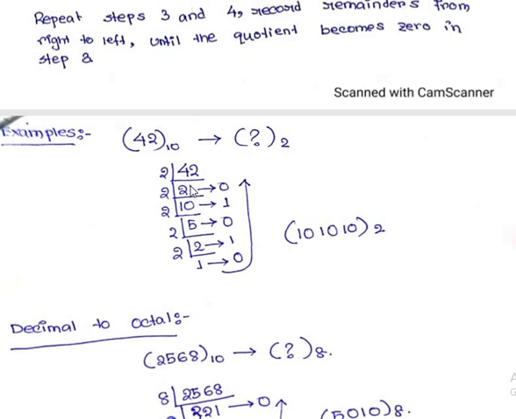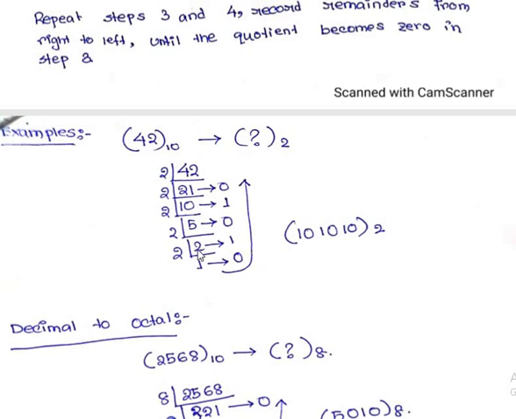So here I have taken 42. I have divided the number by 2. 21 into 2 will give you 42, so the remainder is 0. Now again divide 21 by 2. That will give you 10, since 2 into 10 will give you 20, so the remainder will be 1. Now dividing 10 by 2 will give you 5, so the remainder will be 0. Now dividing 5 by 2 will give you result as 2 and remainder as 1. Again I will divide 2 by 2. I will get the result as 1 and the remainder as 0.